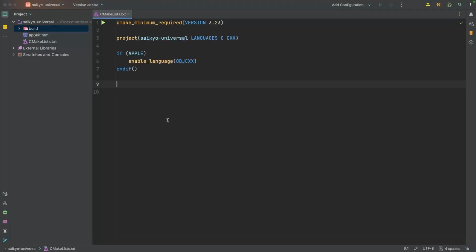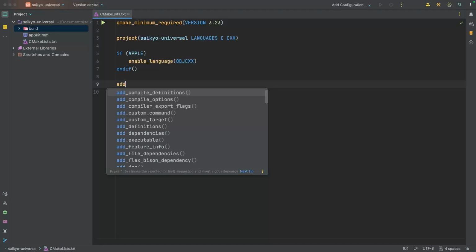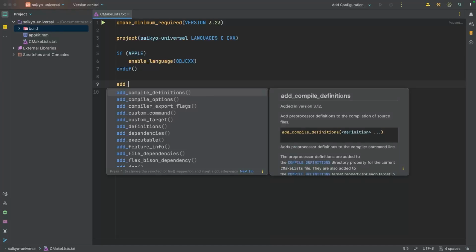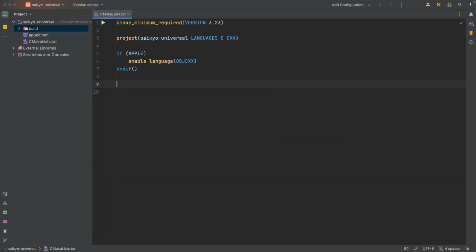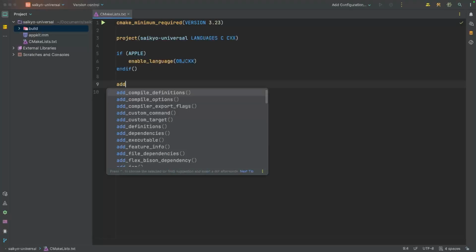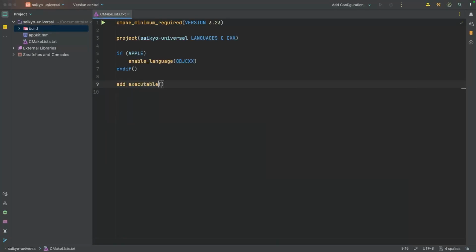So to add to the CMake build system the program to compile, you need to say add executable like this. So we'll do add executable. You give the name of the executable, the name of the target that CMake uses. So we'll just call this appkit. And then you give the source files. We only have one source file, so it's pretty easy. It's just appkit.mm. So if I reload the CMake project, because CLion doesn't do it automatically,